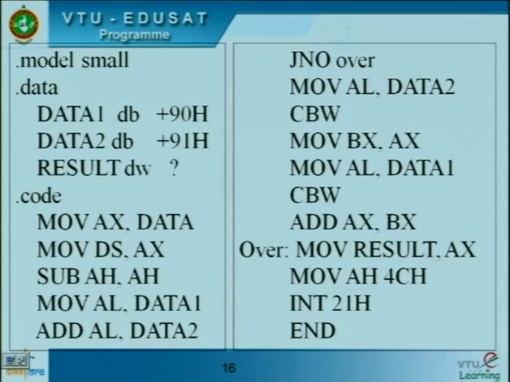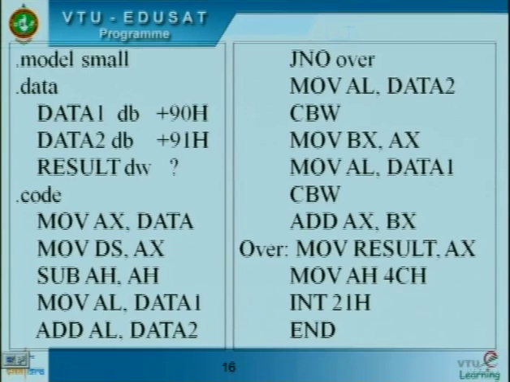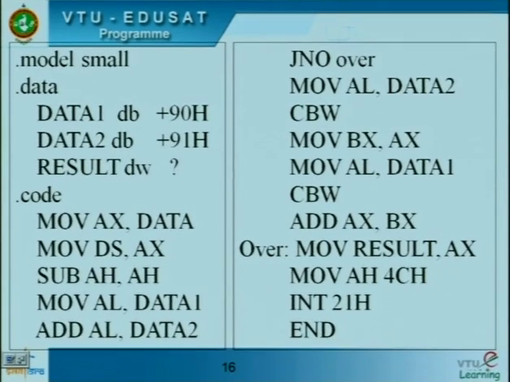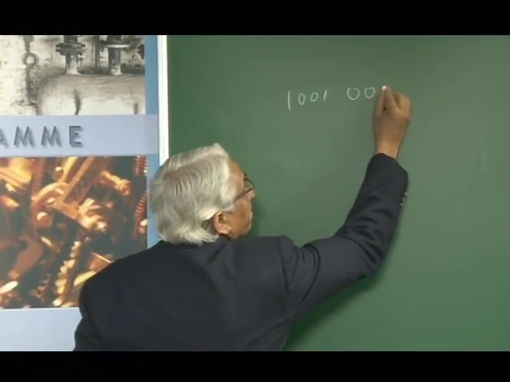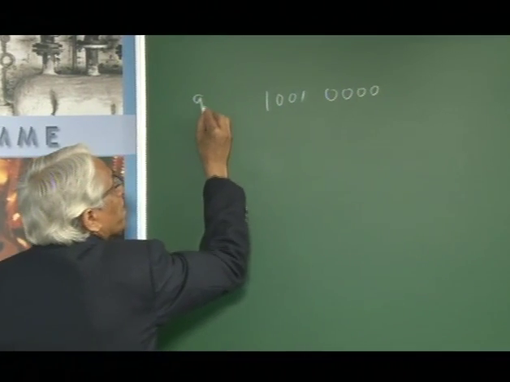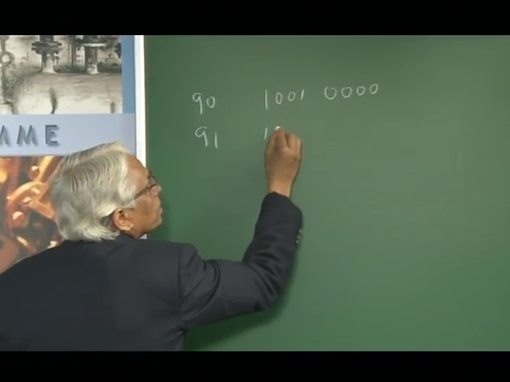Once this is done, we have an instruction called jump no overflow. In this particular case, when we talk about 90 and 91, there is definitely an overflow condition, because the AL register has 90 and 91 is being added to it. So, let me go to the board and explain what happens with these numbers. We have 90 as 1001 0000, and 91 is 1001